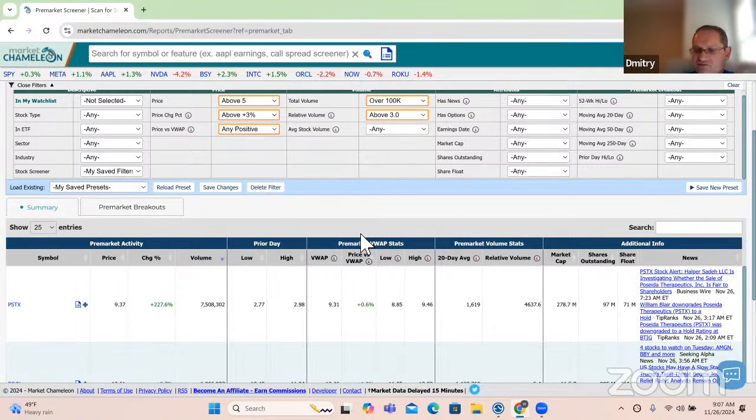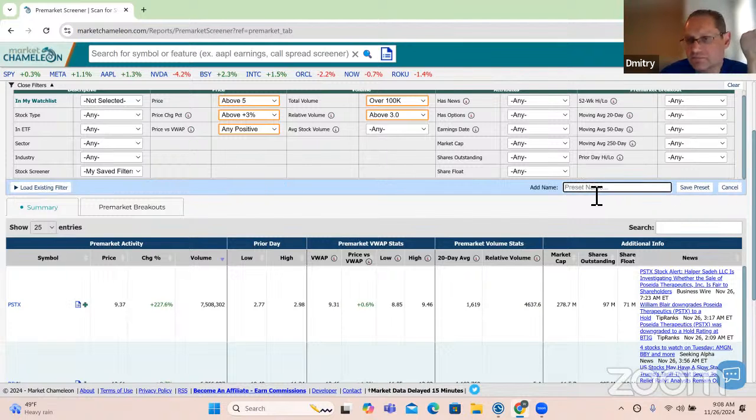If you like these filters, let's say this is the screener that you would want to come back to, you could hit here, save new preset, and just give it a name, pre-market upside breakout, whatever you want to call it. Right? Just so you remember somehow. And if you hit save preset,